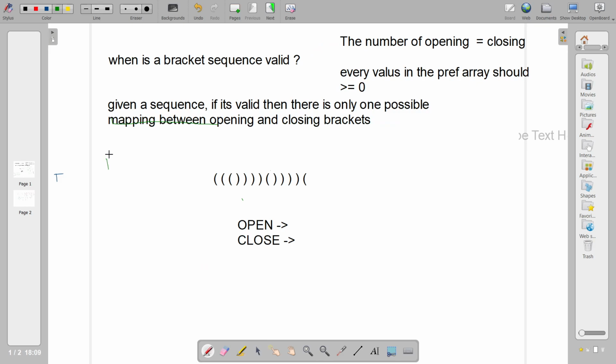Another thing that we will first understand is, suppose you have got a sequence. It can be valid or it can also be invalid.